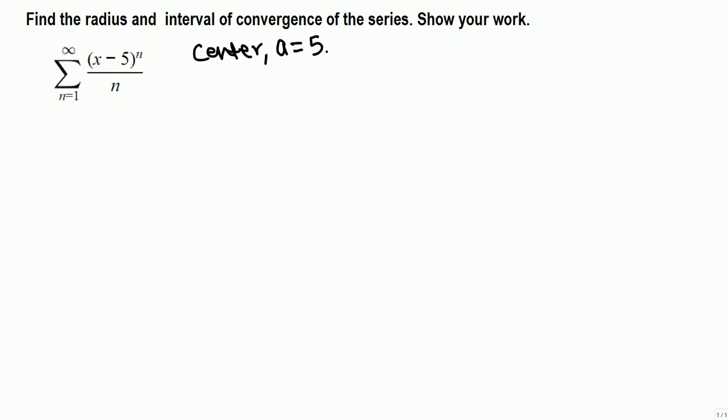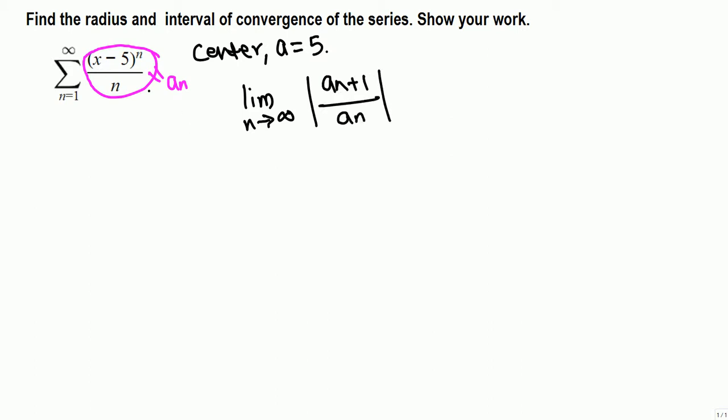For that, we take the limit of the ratio, and this is in fact the general term an. We find the following limit as n goes to infinity of a n plus 1 over a n. By the way, this power series always converges for x equals the center, so x equals 5. This series converges for x equals 5, but we are interested in more, when x is not equal to 5, the center. Let's find this limit,